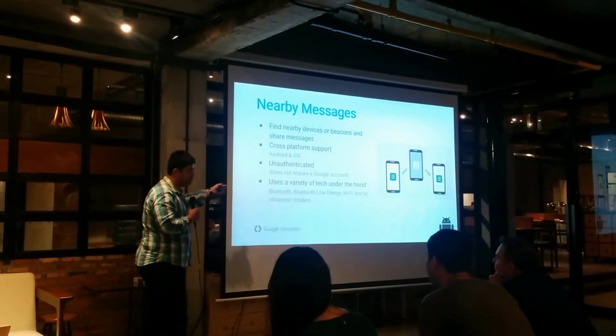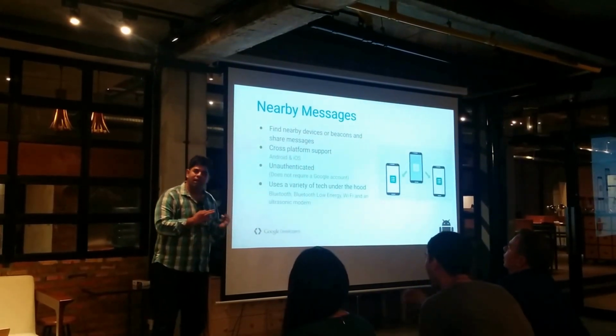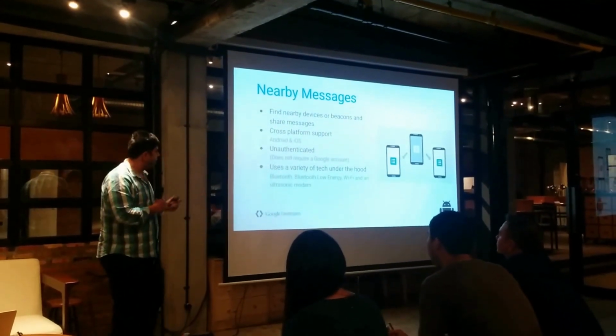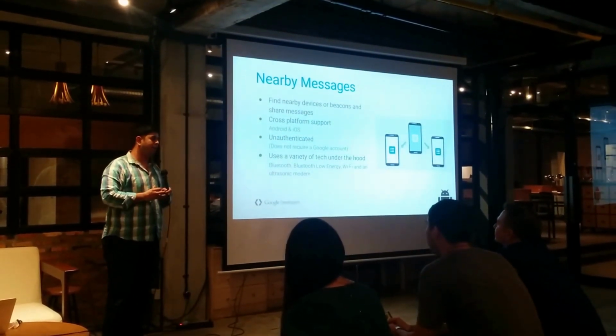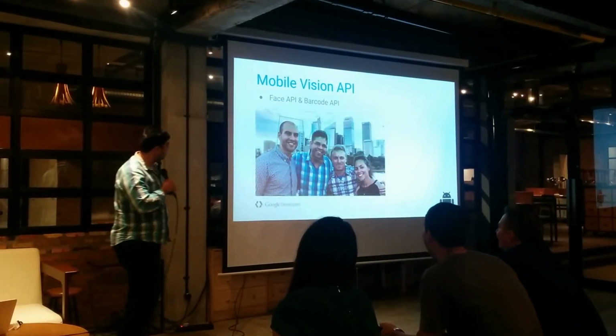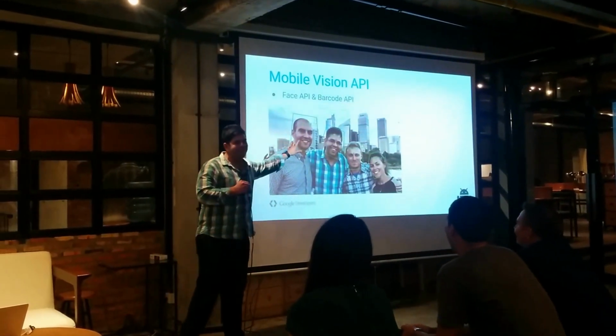And it's important that it's unauthenticated, so it's literally that proximity. You don't have to have a Google account to do it. And being able to exchange that sort of information via Android and iOS makes it really good. I even wore the same T-shirt as this. So we have